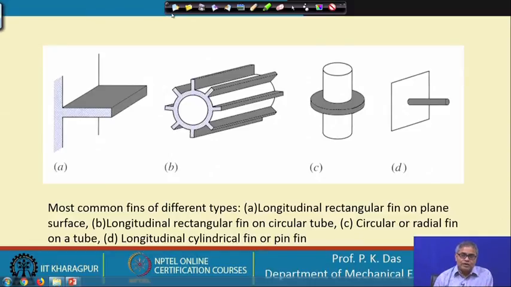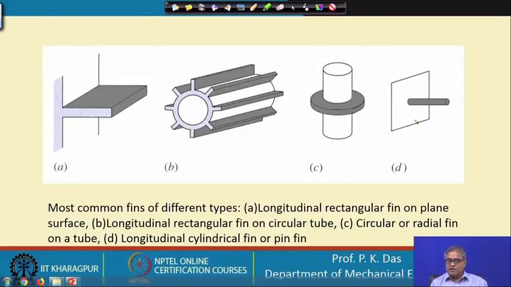So, this is one of the designs, but in industry there are many designs where the heat transfer surface is curved. Let us say the fluid is flowing through a tube, and the fluid is to be cooled or heated by providing some sort of gas flow over the outside of the tube. So, here we can provide this kind of fins on the tube. These are called longitudinal fins on the tube. Okay. Similarly, for a tube we can provide this kind of radial fin.